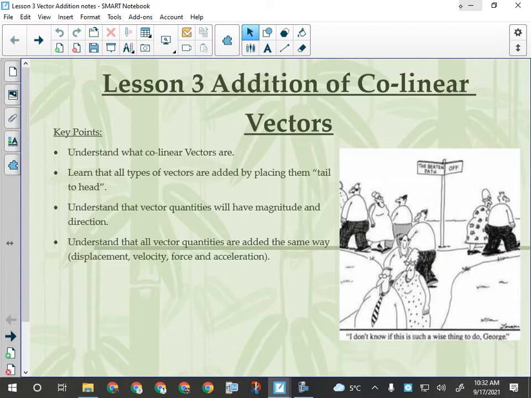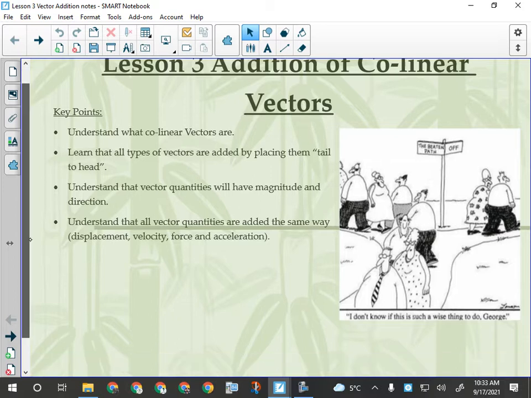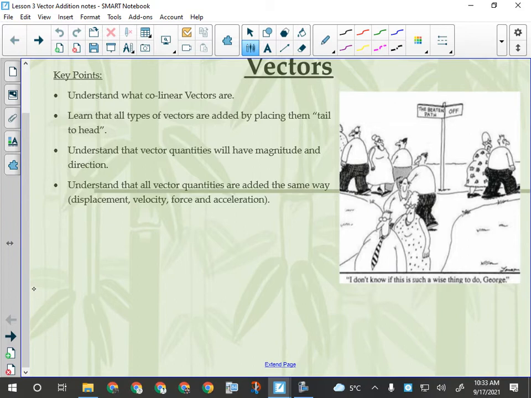Next week, we'll get into the really involved ones where you're going to be adding vectors that are neither collinear nor perpendicular. They're all angled at different angles, and you've got to figure out what the end result of that would be. So the purpose of vector addition is to be able to add any two vector quantities and get what we call their vector sum. So let's say I had a trip where a person went